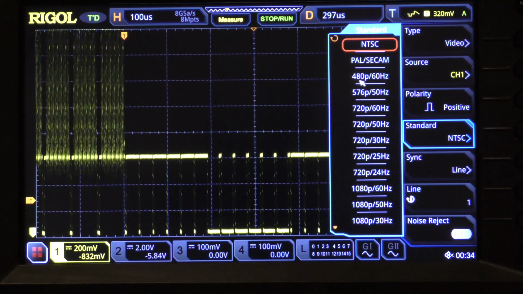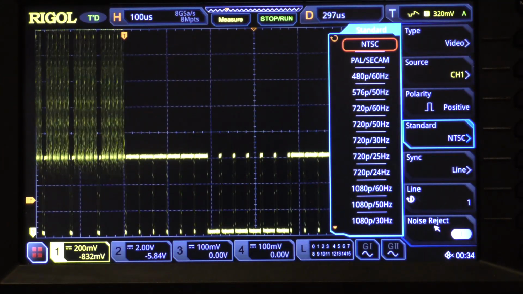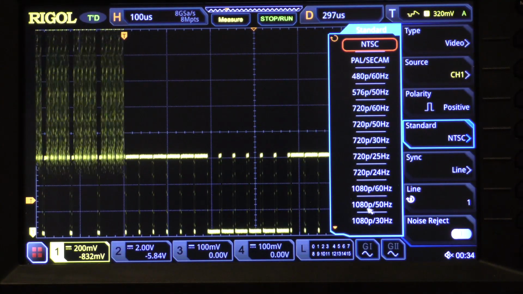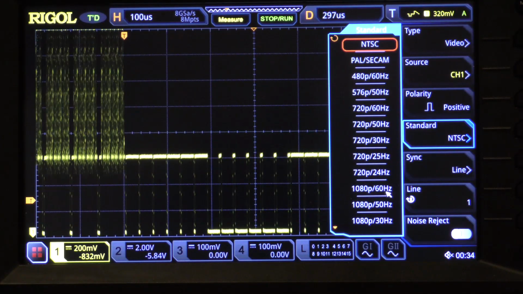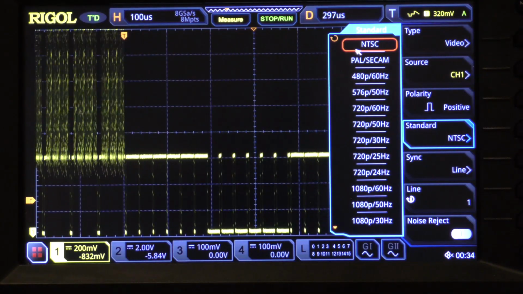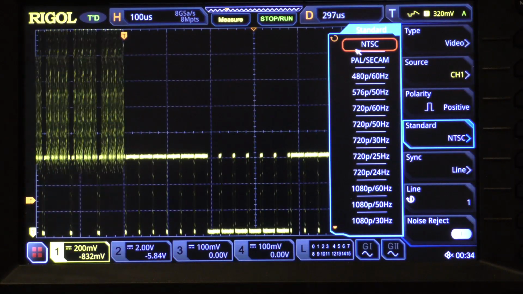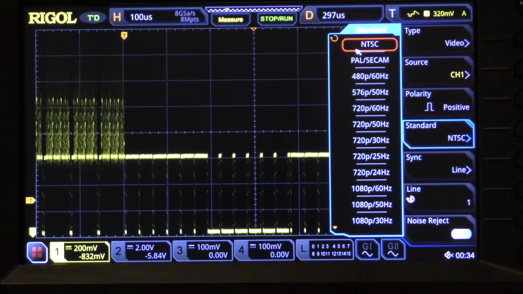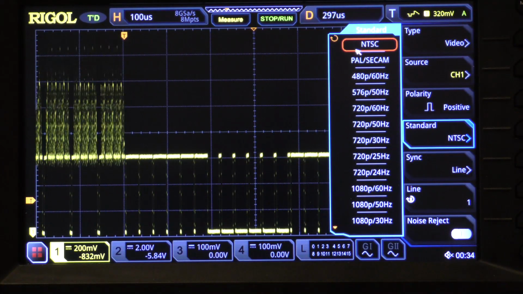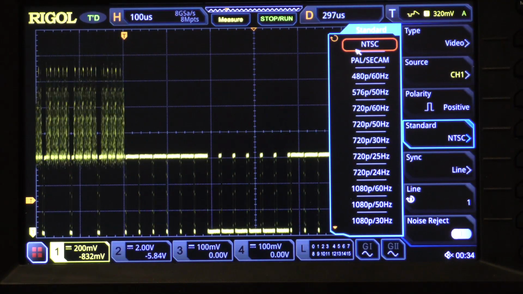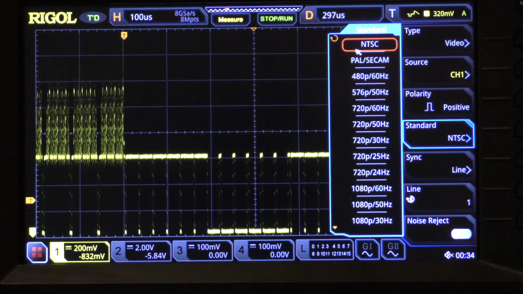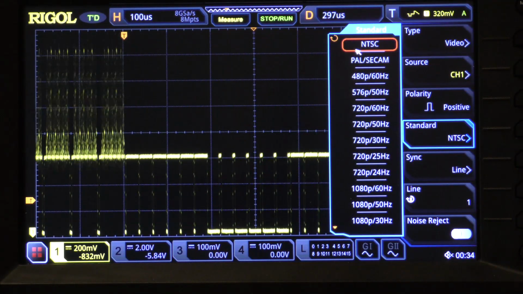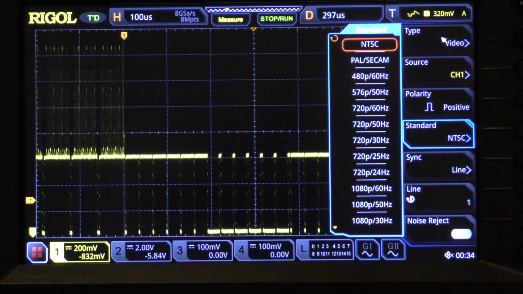You can do everything from 480 progressive at 60 Hertz all the way up to 1080 progressive at 30 Hertz. You also can do 1080p 50, 1080p 60, and so on. So those are the more modern standards. I'm not going to try to show you those. I have a generator that will generate those signals, but it's stored in an inconvenient location. So I thought I would like to close this segment on basic triggering of the MSO5000 with